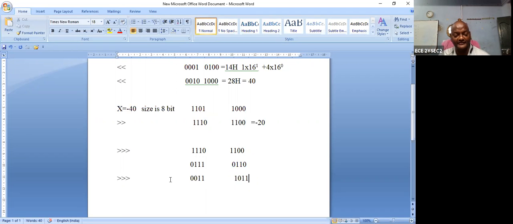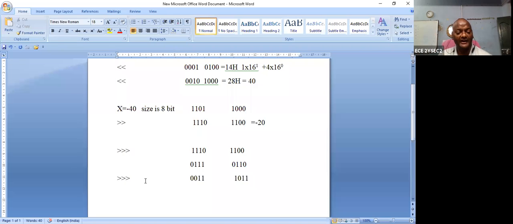If you clearly observe, in the unsigned right shift, a 0 should be appended. However many times you perform the right shift, a 0 should be appended. But in the signed arithmetic operation, the sign value should not be changed. Please remember, the sign should not be changed. In the unsigned right shift, a 0 should be appended. Then you can understand this is not a negative number. This is just a number. In the signed value, it is positive or negative. But in the unsigned, it is just a number, not considered negative or positive. You can understand it's a number which is positive.